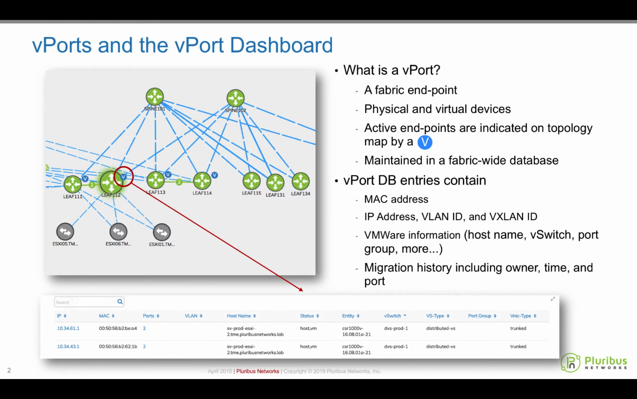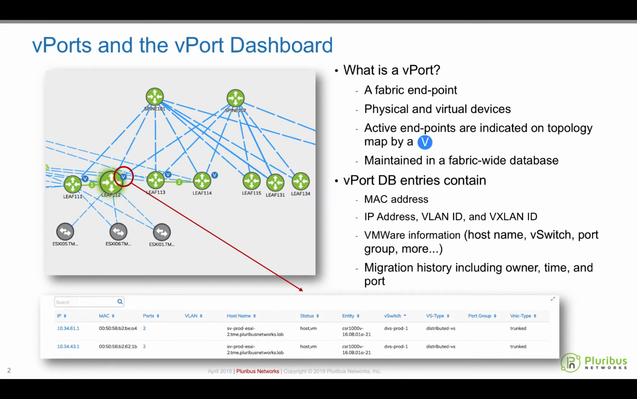vPorts are maintained in a fabric-wide database, and each NetVisor switch has a copy, maintaining integrity in case of a node failure. vPort database entries contain a variety of information. Since we're talking about endpoints, a MAC address is clearly included. However, other information, such as IP addresses, VLAN IDs, and VXLAN IDs, are maintained as well. Additionally, if there's a VMware connection, the vPort entry tracks data pulled directly from the vCenter database through the Pluribus